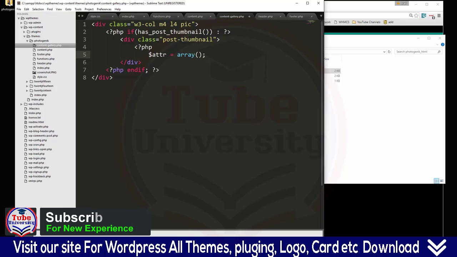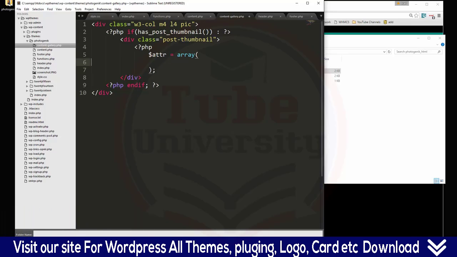Alright, and then in here, let's see, we're going to put class, and we want that to be W3 animate opacity, and then we also want a hover effect, which we can use W3 CSS for. So we need to just say W3 hover opacity, just like that. Alright, so then we can end the PHP,